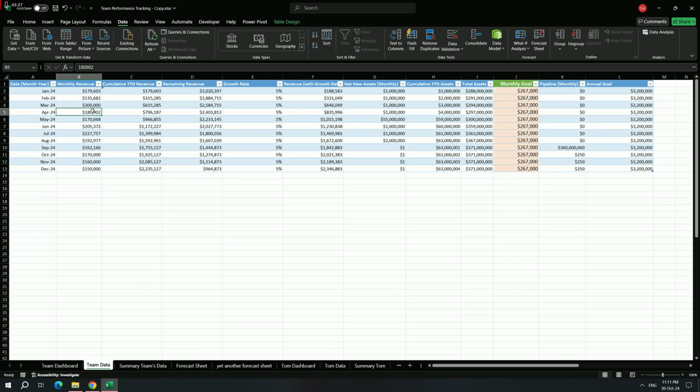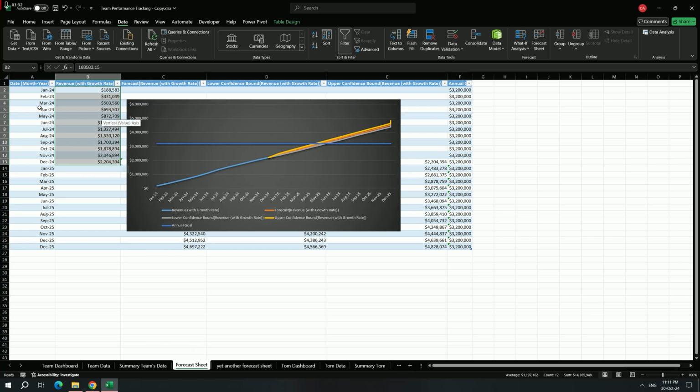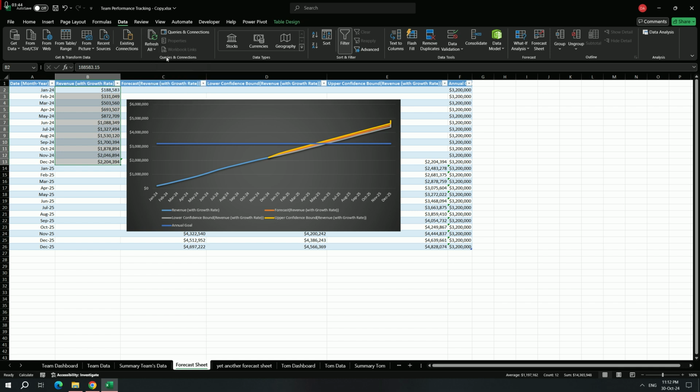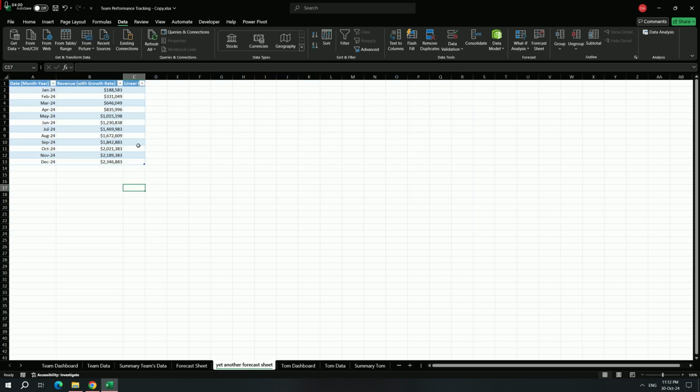I changed the value over here for March 2024 to 300,000, but for March 2024 it is still at 503560. Let me see, this is for March, it is 646, and this hasn't updated over here. If I hit refresh all, it's still not working. I did some research on it, it won't auto update. So that's a bit of an issue right now, and I think I might work on a manual method that